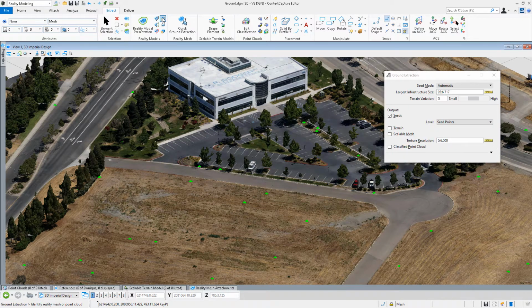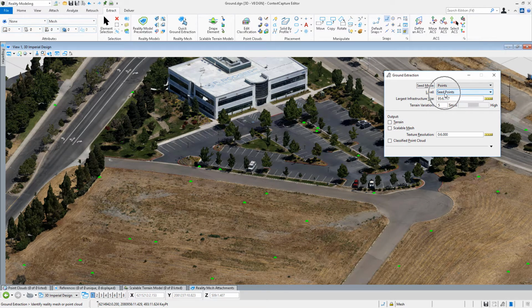This is where I'm going to choose this button again for the ground extraction, but instead of automatic, I'm going to pick points. And we see that right here, it opens up for level, and I can pick my level name. Now we're using seed point here. Now my output is going to be a terrain. That's what I'm looking to get. Now we can also do a classified point cloud. If we just check that on,